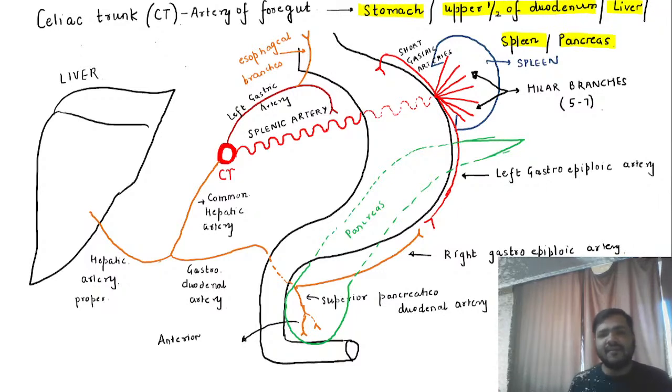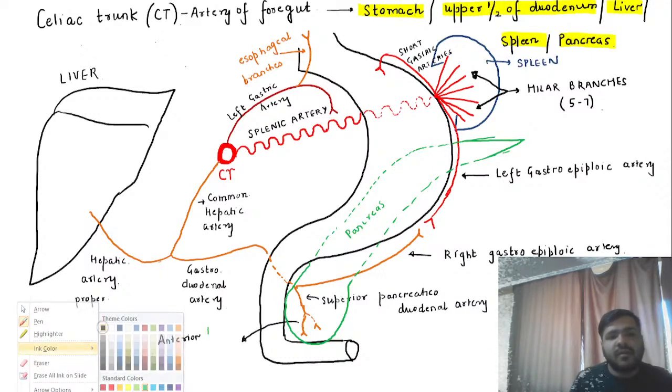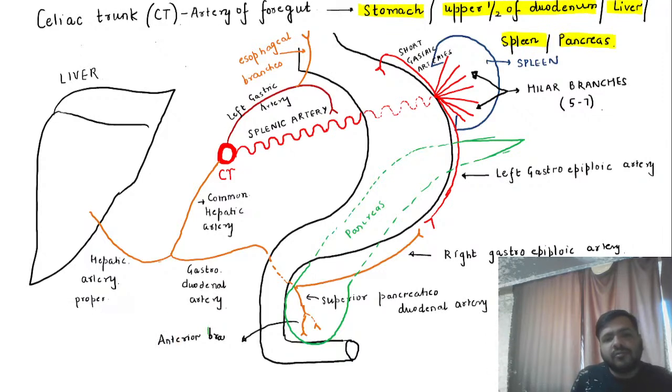So you can see that we have the superior pancreaticoduodenal artery, which is dividing into two branches. One it is supplying the anterior part of the pancreas, one it is supplying the posterior part. So it is the anterior branch of superior pancreaticoduodenal artery,